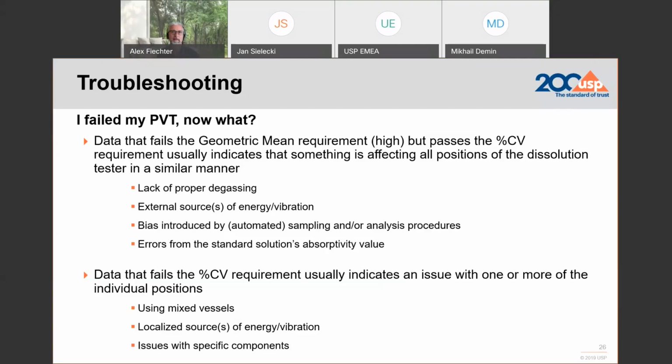If the CV fails high, then it could be an indication, as I said before, of the vessels. Despite they might all be within the acceptance criteria, if you use a range of vessels that qualify but vary in terms of design, that could be an indication. Vibration could be a source, and issues with other specific components.